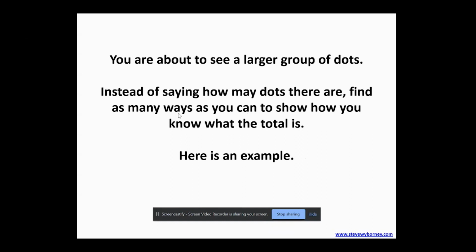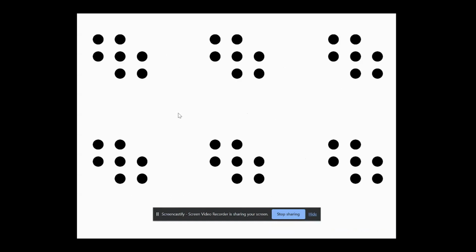there are, the child's going to try to find as many ways as possible to show how to get that total. So they'll see just one of these sets at first, and then you'll click to the next slide, and there will be several of the same arrangement so that you can discuss the different ways that you might see that number. So these all are the same arrangement for 7, but then you can talk about the different ways